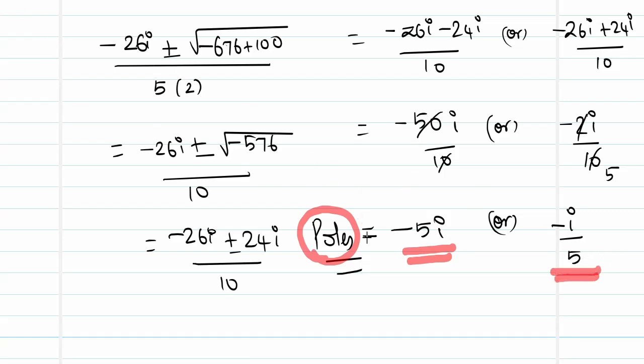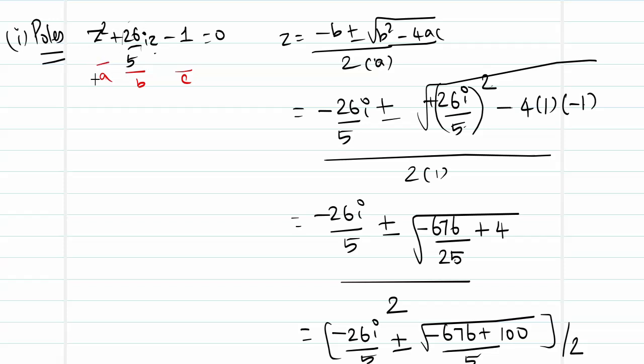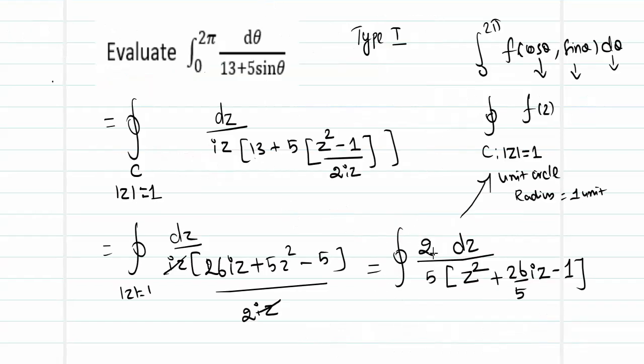Now how can I rewrite my denominator? The denominator can be written as z plus 5i, z plus i by 5. So this is how my function will be now replaced. So this can be replaced as z plus 5i and z plus i by 5 after finding my poles. Along with it, what do I have? I have a 2 by 5. So now this function becomes,